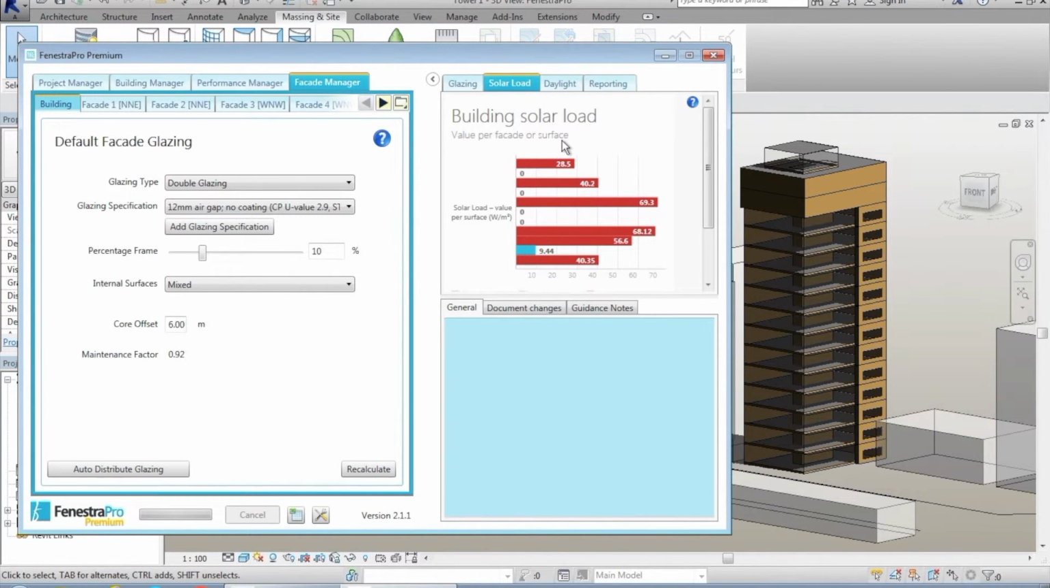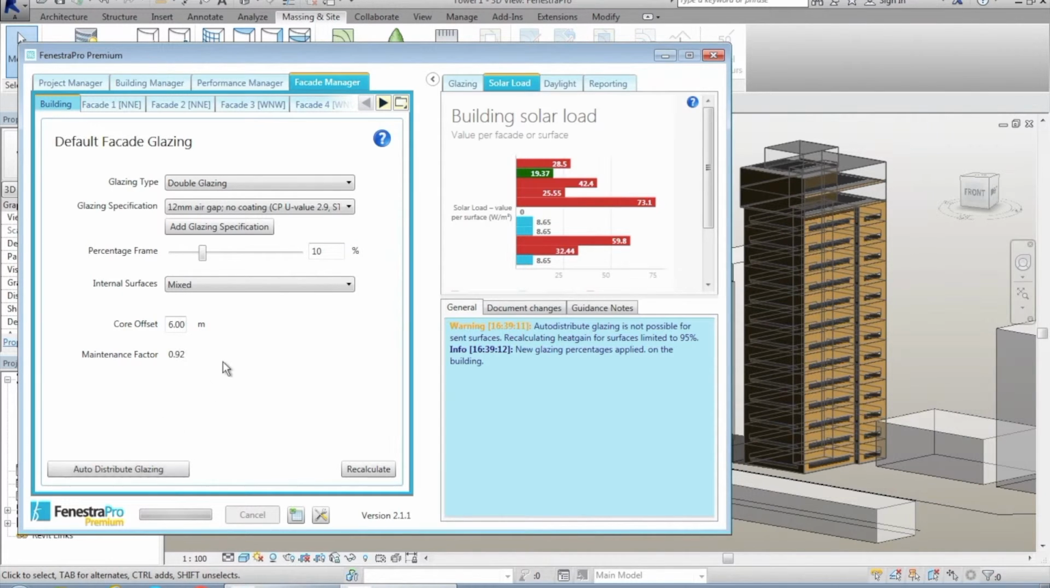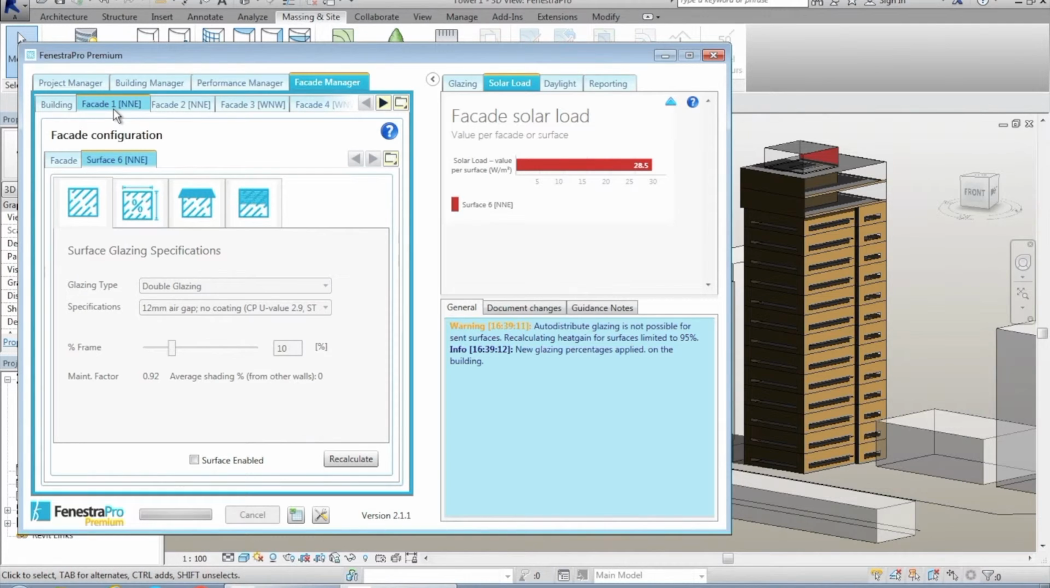If I then auto-distribute the glazing, what that is going to do is effectively equalize the heat gains around all facades on the building, with the exception of the ones that are already locked. As you can see, all the heat gain is going to be equalized except for facades 1 and 6 because I've locked them. That will enable you to start looking at the percentage glazing for each facade and start manipulating